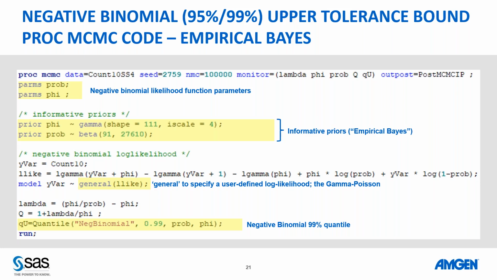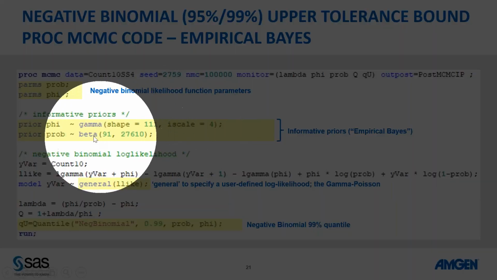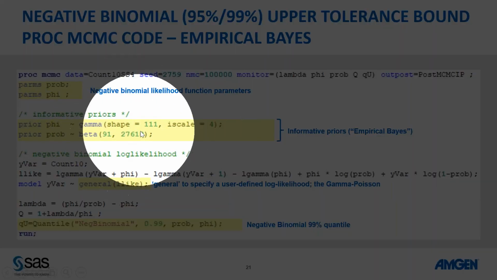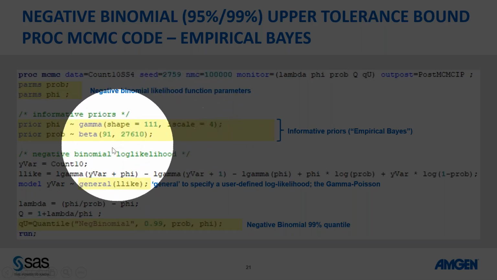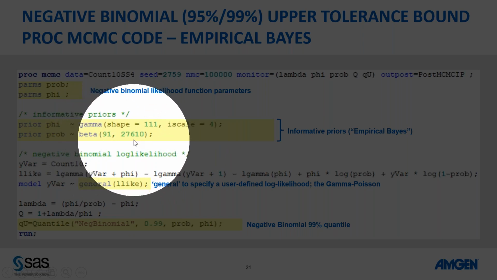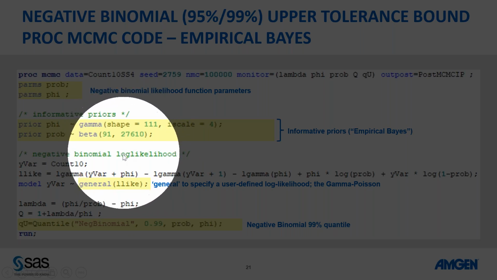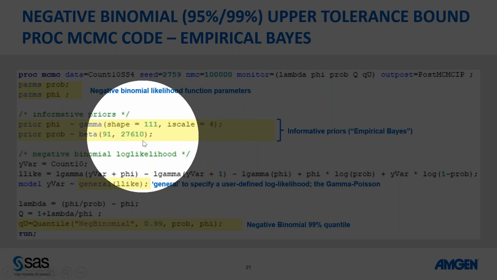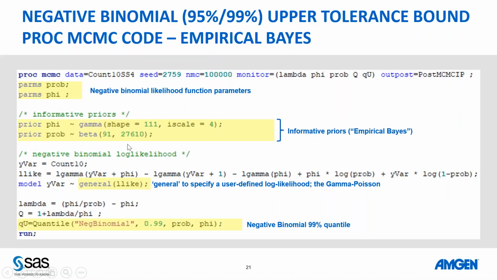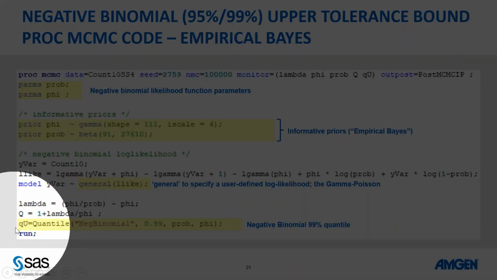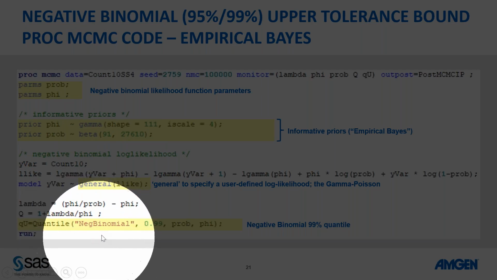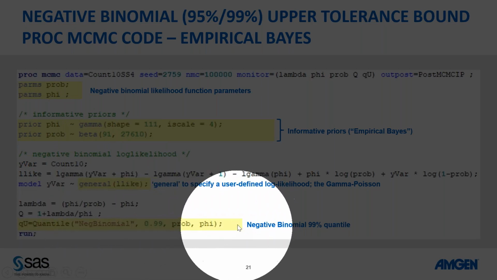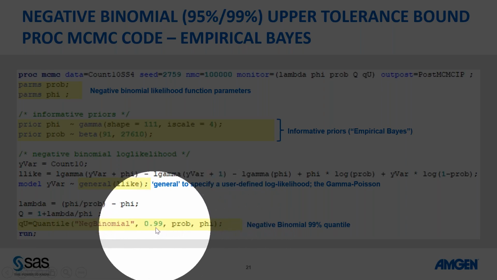Exactly. And so this code is the same as we used before. The only difference is that before we used these priors with very small numbers here, and the 1, 1 to be a uniform between 0 and 1, we made them diffuse. Here, we are specifying the parameters. That's why these are informative priors. And again, once we use these numbers, they're going to be centered at the MLEs for the 199 observation data set. And as we showed you before, you have the quantile function, and that's how we're going to get the upper bound. Just put the negative binomial there, the coverage that we want, which is 99%, and then the probabilities on the phi.